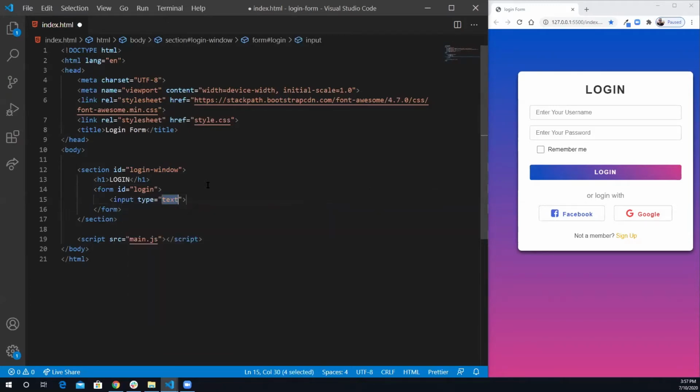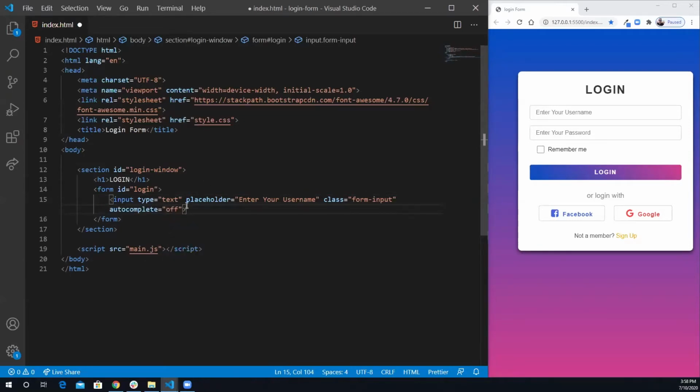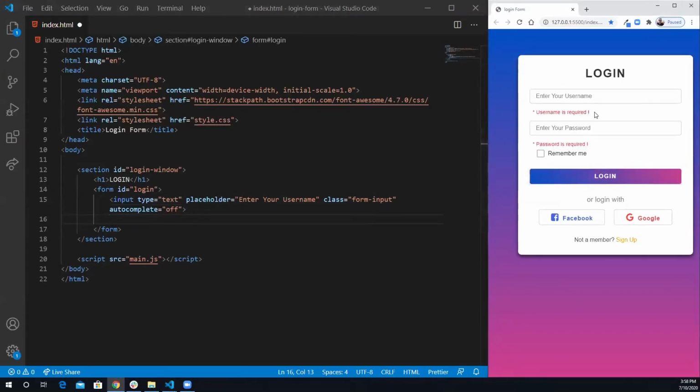The first one, which is the username, is a type text. I'm going to place a placeholder, which is "enter your username." And also I want to give it a class of form-input. And also we'll set the autocomplete to off. Okay, if I try to submit it here, as you can see, the error is right after my